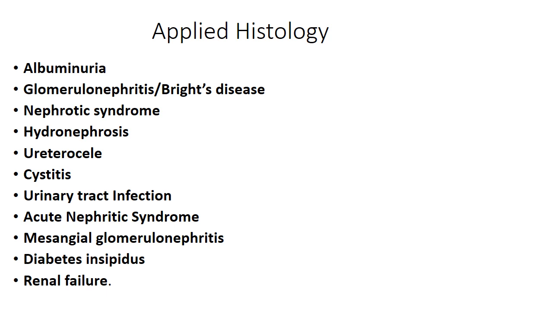The patient passes large volume of dilute urine because of failure of water resorption by distal convoluted tubule, and this is again due to permanent absence of antidiuretic hormone. Then failure of excretion of hydrogen ion and potassium ion results in acidosis and hyperkalemia in the blood, and it is known as renal failure.